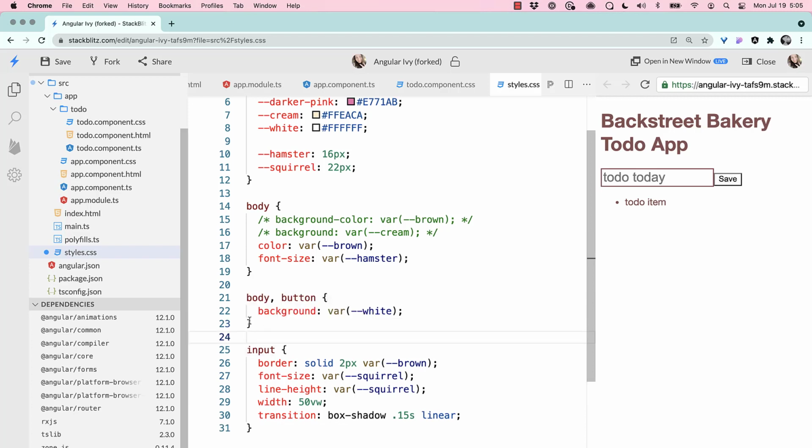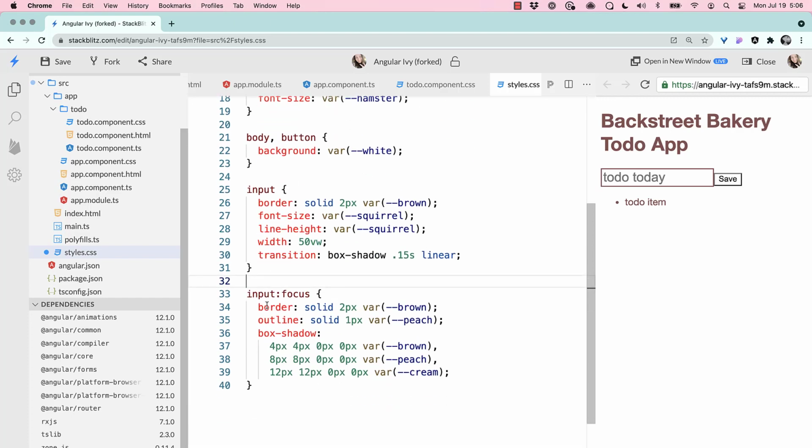I'm also going to give the body and the button the same white background. And let's see, I need our input on focus. I did some fun work with box shadows, which you will see in a moment. But here we're going to give it a border, an outline, and a box shadow. And that's what we're actually transitioning on focus, which we'll see in a moment when I click into it. But our button needs some base styles as well as fancy styles. So let's go down to here and say,